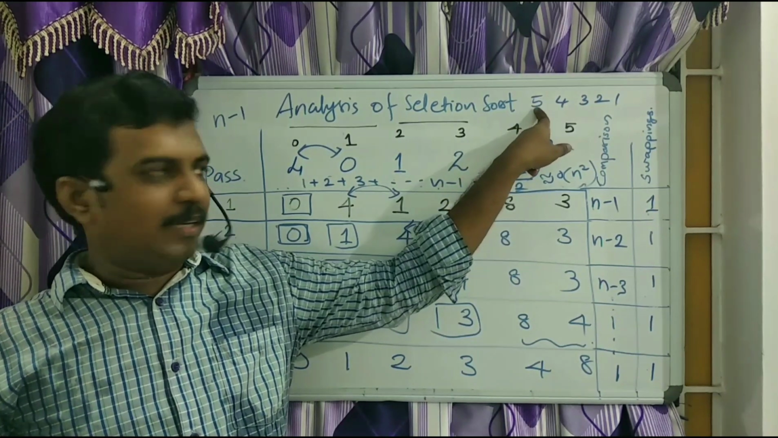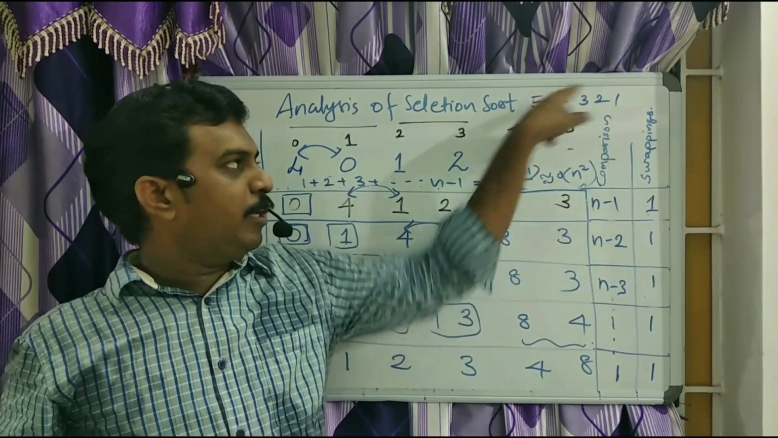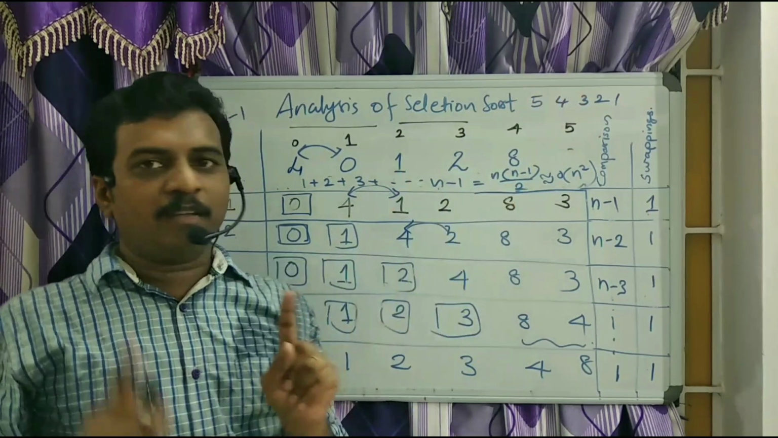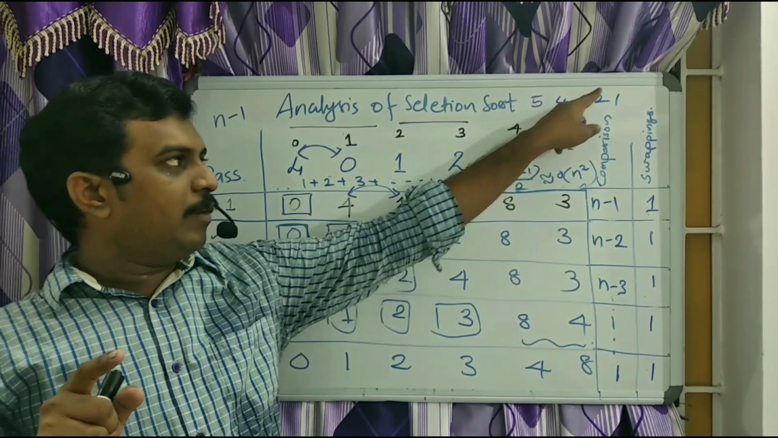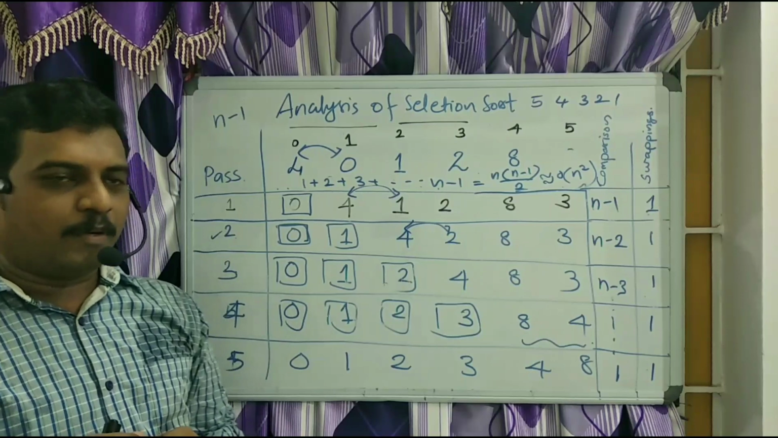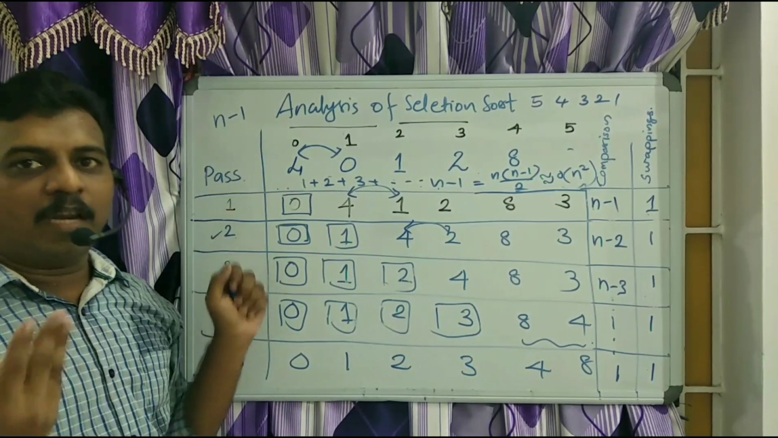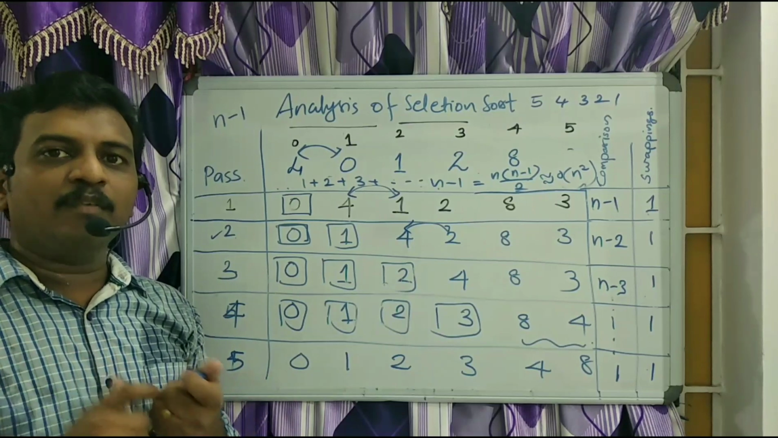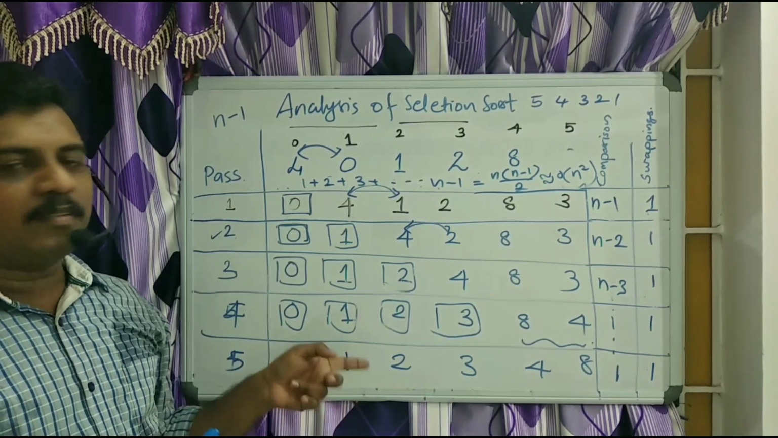But this is not the one. Then we will traverse the array, we will see that 1 is the smallest, then we need to swap the element, so the number of swaps will be 1. Then we will assume 4 as the smallest element, then we will find 2 as the second smallest element, then we will swap. So we will have at most n minus 1 swaps if we are giving an array in reverse order. That will be the worst case for